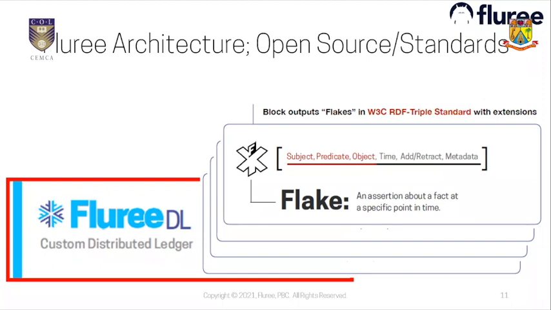And we had mentioned RDF, and this is a representation framework that stores semantic web data in triples: subject, predicate, object. Flurry extends RDF to include information about time. So there's a temporal dimension to allow for asserting or retracting facts and to support extensible metadata. So these triples then become flakes in Flurry. That's kind of how Flurry got its name. Flakes are assertions about a fact at any given point